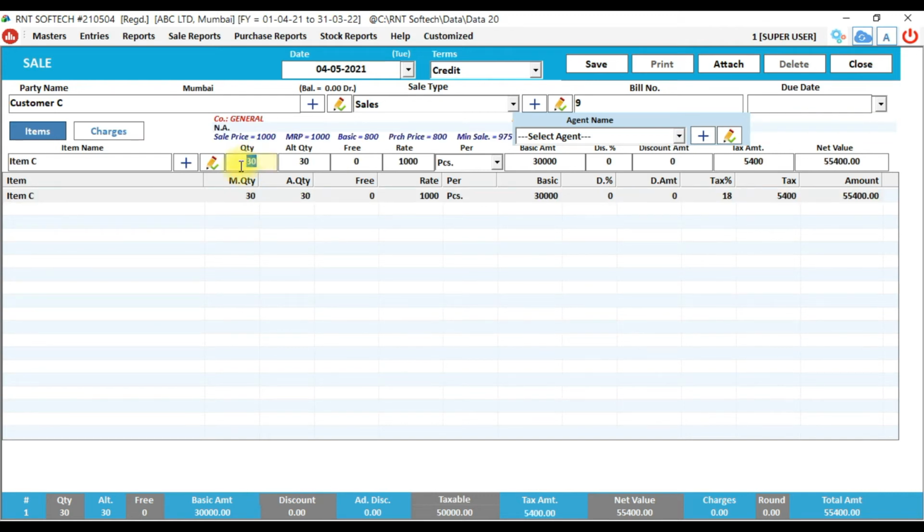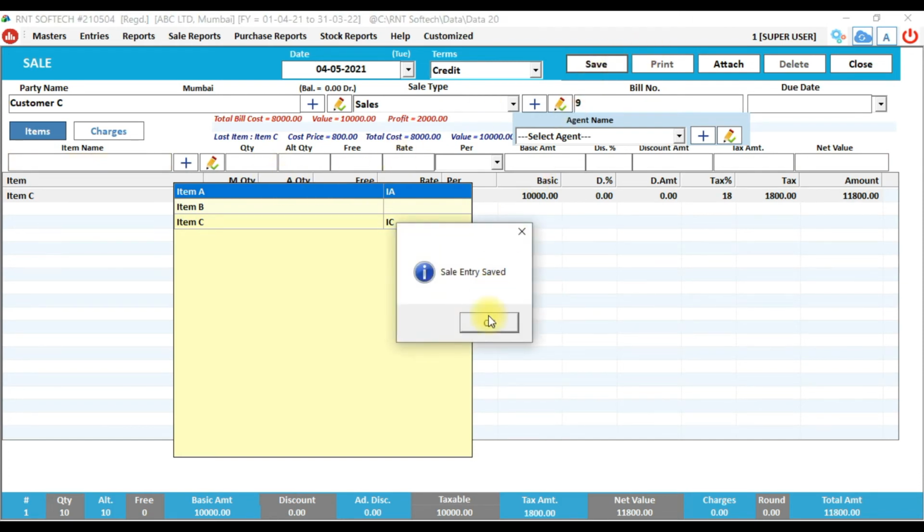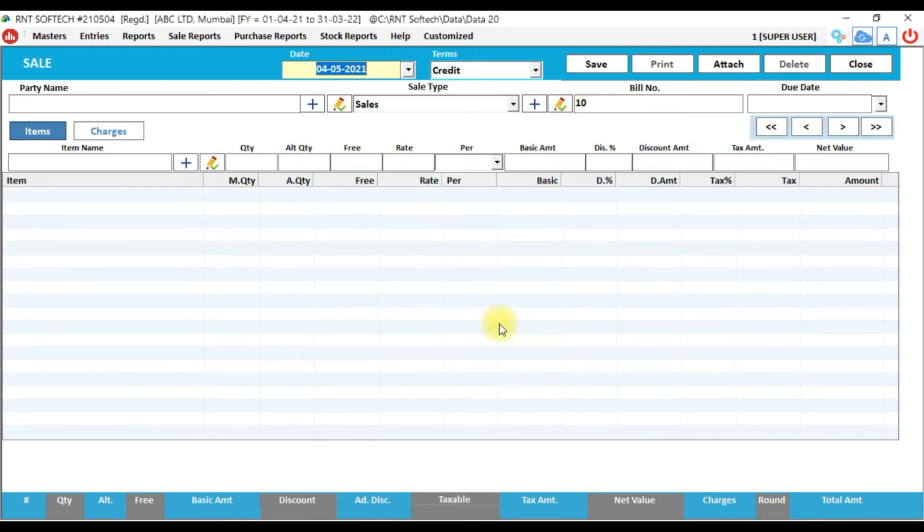I now complete the order that I have. If I have all 30, invoice all 30. Or for example, say I'm invoicing another 10. So now we save this. Again a print, we'll say no. That's the end of it. So now you have seen that the balance order quantity appears straight away in front of you, and you don't have to refer back to your sales order book to see how many pending orders there are. Everything happens in the software itself, and the software takes care of everything.